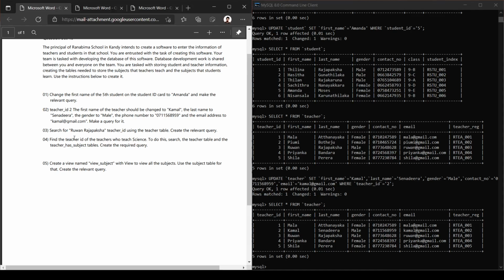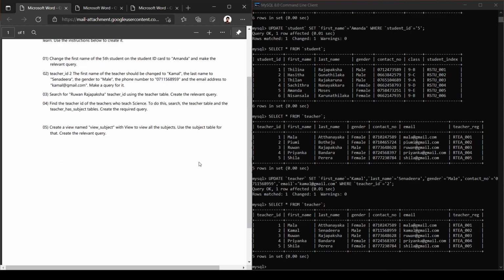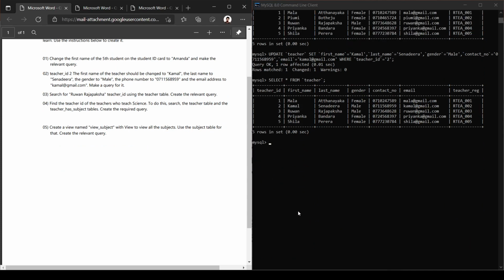Search for Ruwan Rajapaksha teacher ID using the teacher table. Create the relevant query. Okay. Now we have to search some data. In this case, they gave us the name of the teacher and we have to find the teacher ID. The name contains two parts, the first name and the last name in teacher table. That's how we stored the name of a teacher. So